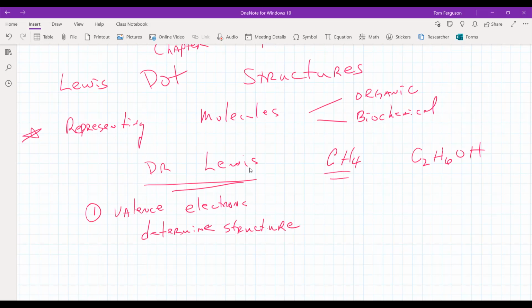Now, if you remember from valence electrons, there are 2 kinds of electrons, core electrons and valence electrons. If we're looking at, for example, lithium. Lithium has 3 electrons. 2 core, 1 valence. Now, if you remember in the periodic table, you find lithium